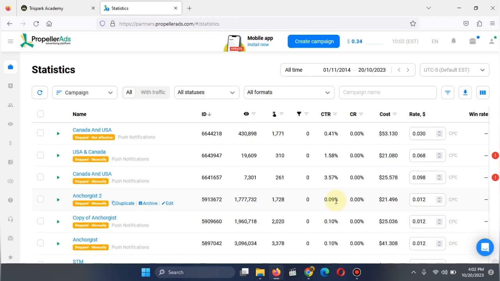Do you understand? So when you check the amount of clicks you are getting compared to the number of people seeing your ad, as well as the amount you are spending on it, it is very low. So I don't know whether these are inflated figures or they are truly the amount of people that are seeing these ads. And yet, out of the 1.7 million, it's just only about 1,700 that have clicked on it. Now, the same thing is applicable to this one, where you have about 1.9 million people. That's almost 2 million people seeing the advert. And at the end of it all, you end up getting just 2,000 clicks on your ad.